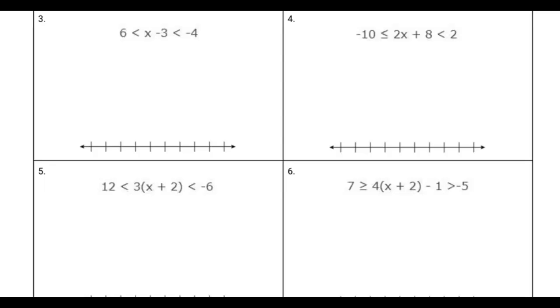Pause the video, try this one out, and then see if you get it right. First, we split the compound inequality into 2 simple inequalities so that we can solve each individual inequality. Now, on both inequalities, I'm going to add 3 to both sides. That will isolate the variable. That tells us that x is greater than 9, because 9 is less than x. It also tells us that x is less than -1,